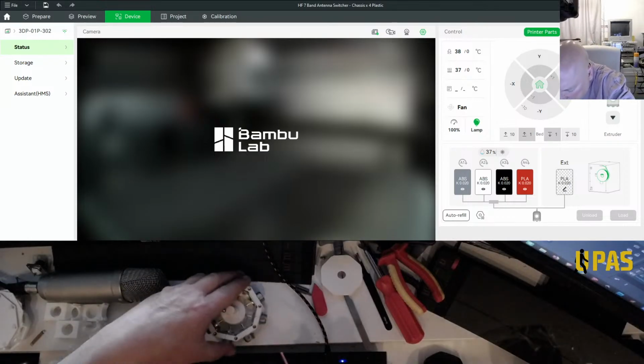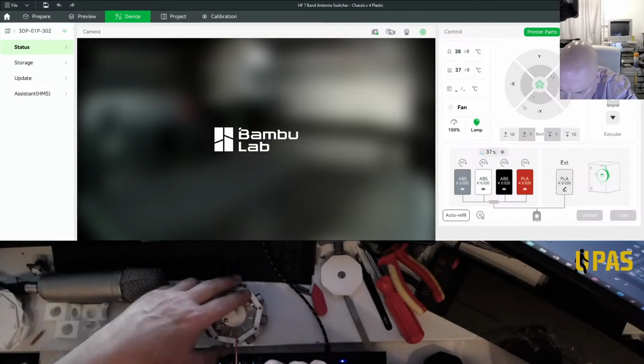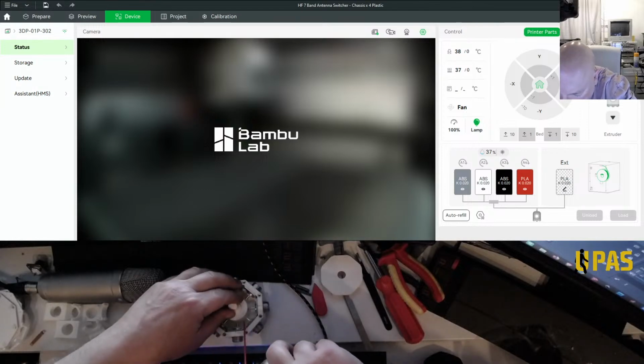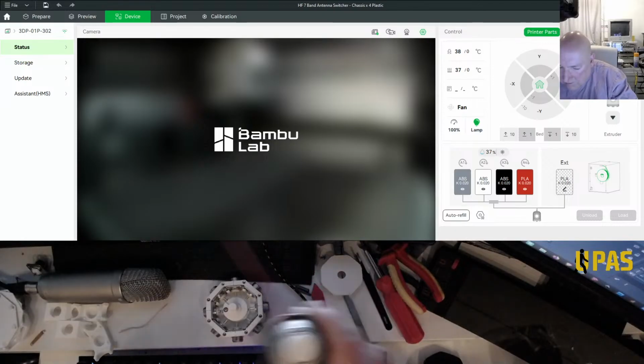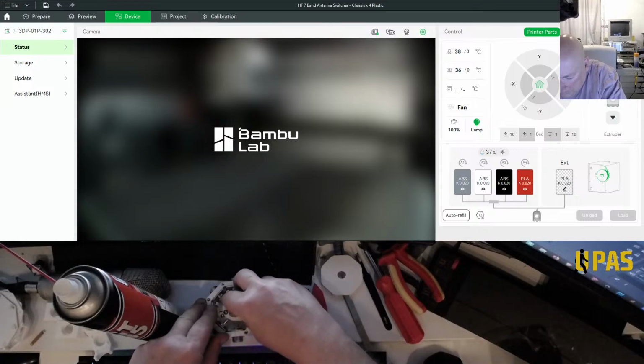I'll just spray the bearing each side of the ball bearing, and maybe the shaft, and that's about it. I can't get to the other bit. Could do with spraying the shaft. Let's just lift that up a bit.